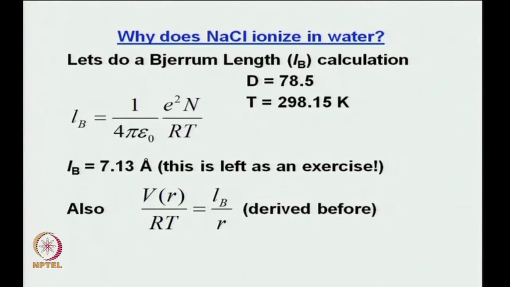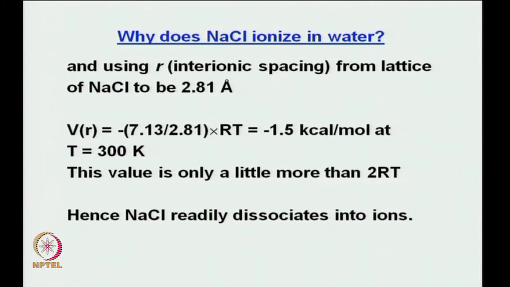equation and do a formal calculation, you see what I am taking is, in this case I am taking the temperature to be 300 Kelvin, right. The V(R), you understand why it is negative. Why is it negative? The interaction potential, why is it negative? Attraction, right, because I have a negative charge and a positive charge, that is what I am looking at, because I am having to ionize, right, two charges essentially. It gives me a value of minus 1.5 kilocalories per mole at this given temperature.